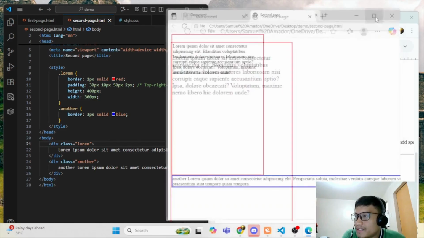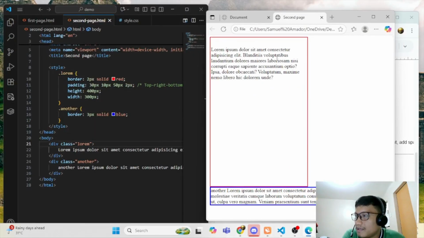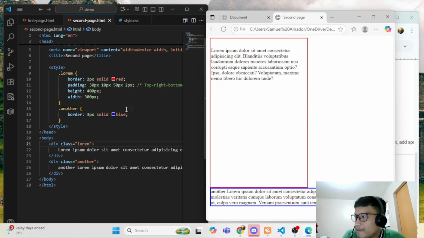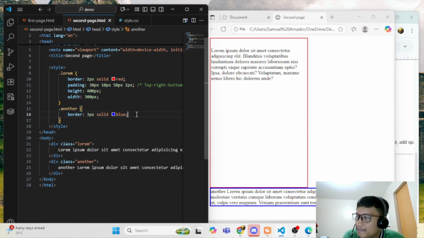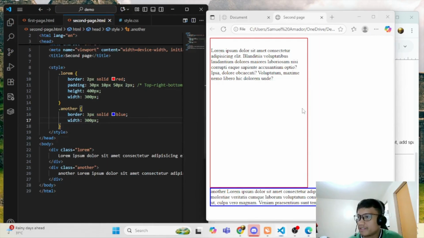So for instance, if we want to align this the same with the position of the first div, horizontally aligned, maybe we can apply the width, say 300 px.